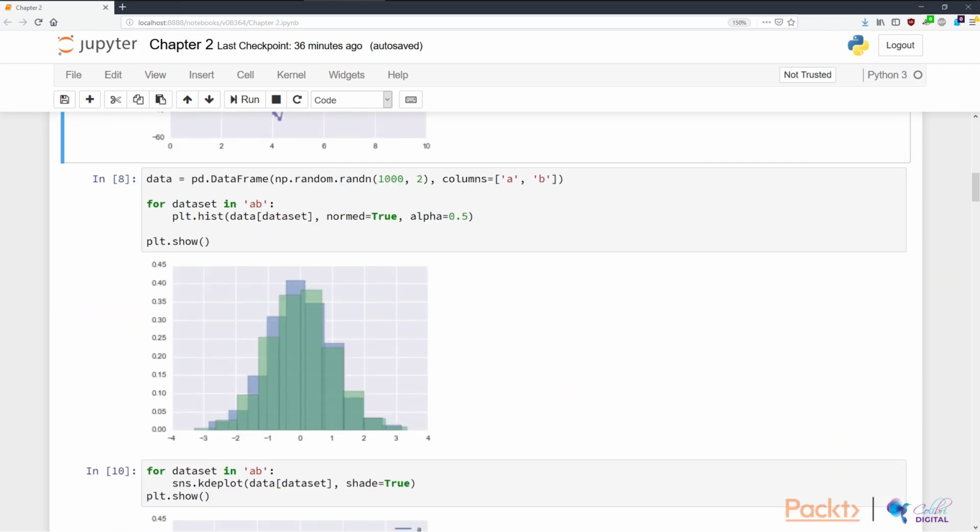Now Seaborn is a lot more capable than this. For example, if we want to plot two histograms on top of one another, we can look at in8. In in8, we first create some data. In the data variable, it is assigned to a pandas data frame, which consists of two columns of 1,000 data points. That's created randomly by